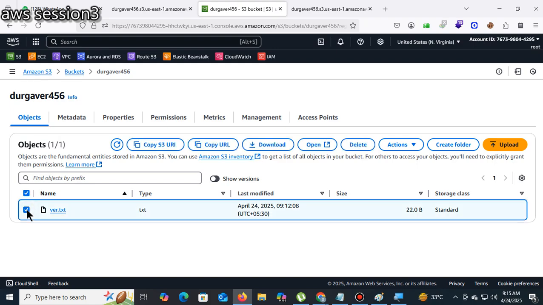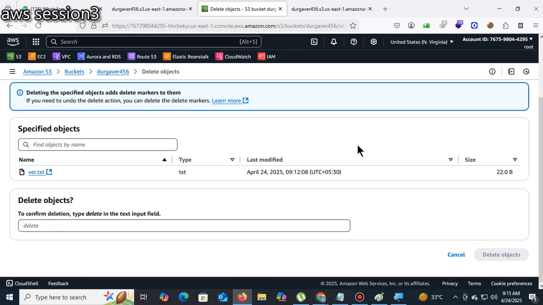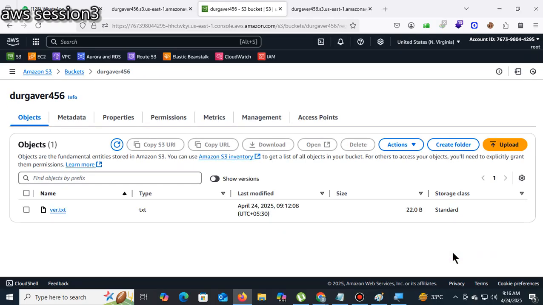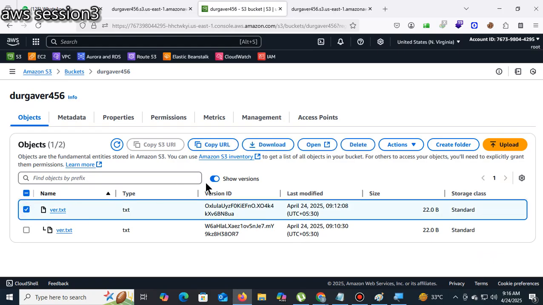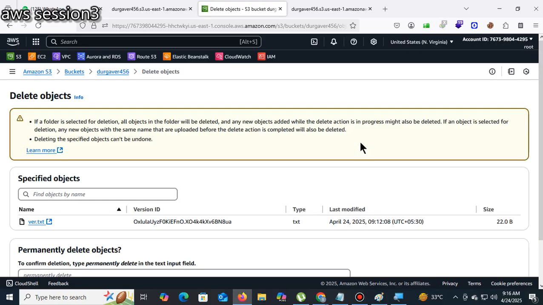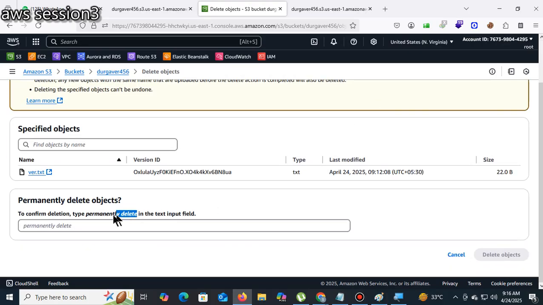I select this one, and whenever I click delete, it shows just "delete". Now remember, when I enable show versions again, select this one, and go to delete, see what this is: Permanently delete.